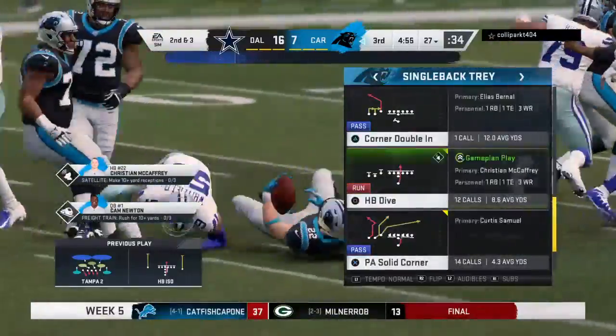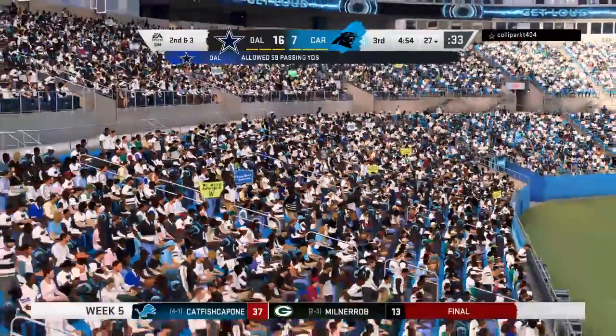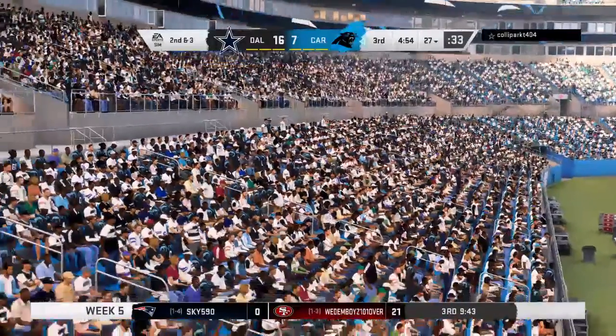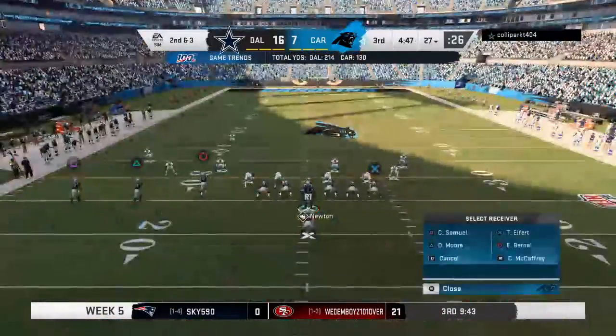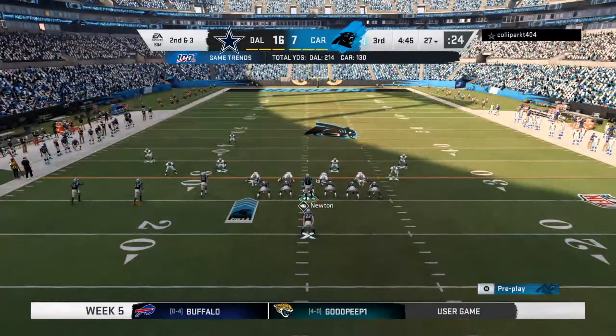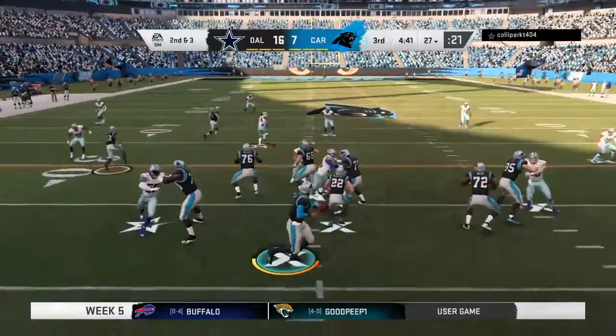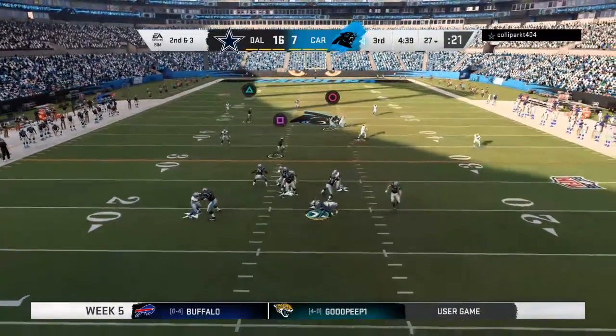This is where scripting comes into play a lot of the time. How many plays do you script coming out of the second? Most of the time in the first half, you're scripting 12 to 16. I think in the second half, you're really scripting more like 8 to 10. Kind of a starter or an opener, whatever terminology they use. Just something to get you off to a quick start. And they